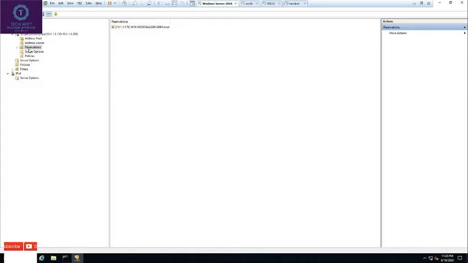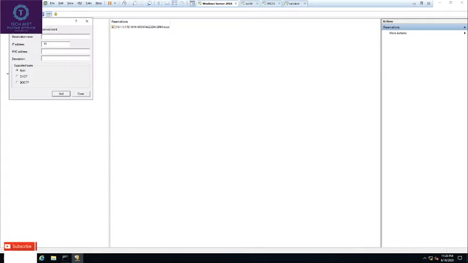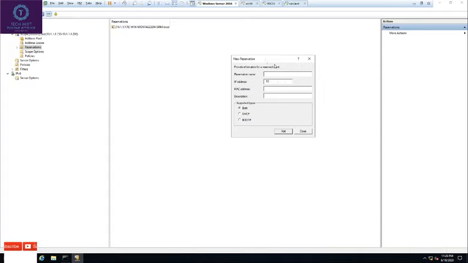Now say if the IP is not mentioned in DHCP and you want to do the binding, we call it MAC binding also, for doing the IP reservation. Right click, new reservation. In this tab there are different options. Reservation name, you can type the host name of that machine, say test. Write the IP address